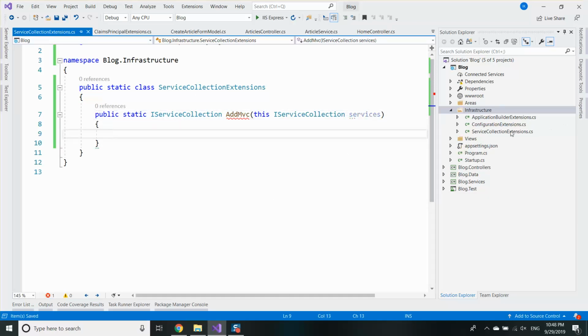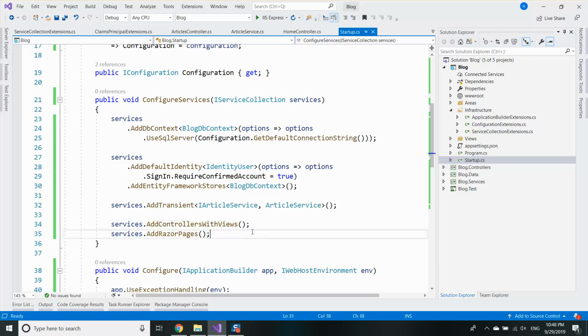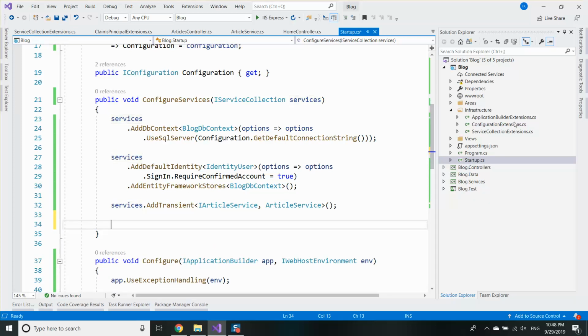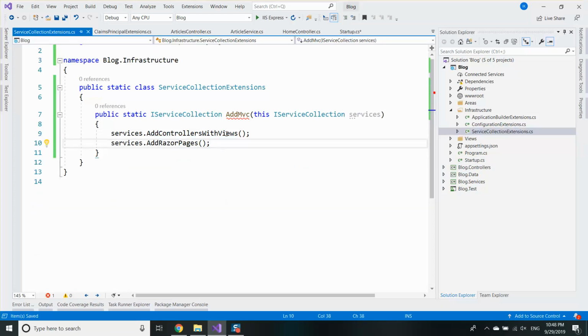The idea here is to extract these calls with all the options to the MVC framework I have in a separate method, so that I don't pollute the startup class and all my configuration to be extracted, just like we did with the get default connection string. We may do that with the identity too, but as you wish. So I'm going to extract these and put them here,